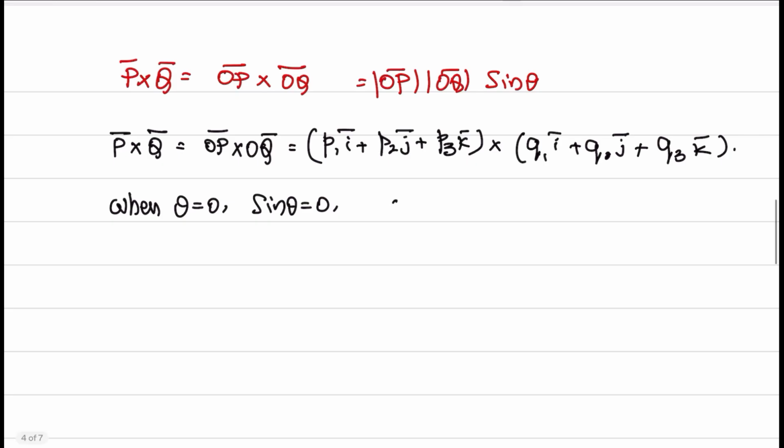That means i cross i is equal to 0. j cross j is equal to 0. k cross k is equal to 0. Then, when the anticlockwise measurement is taken as positive,